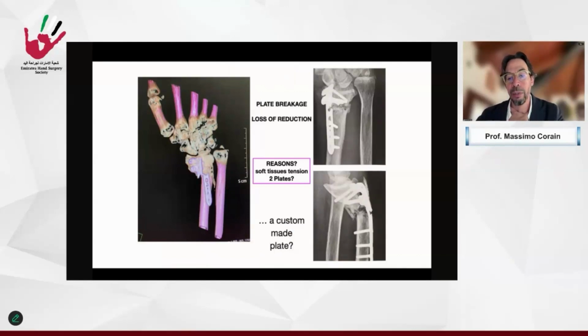This is because of the soft tissue tension that we often have during malunion. So we have to consider this, and I ask you to remember this case when we see the next cases at the end with the PSI.